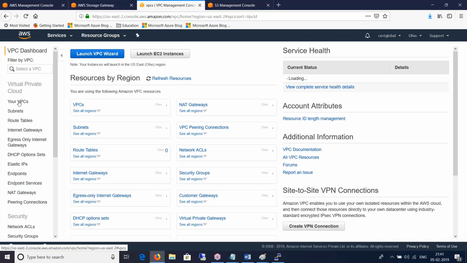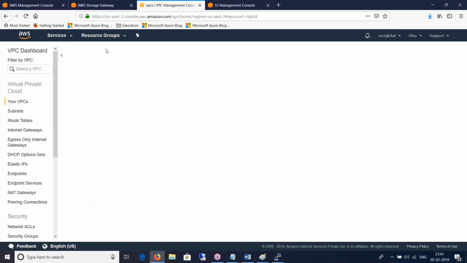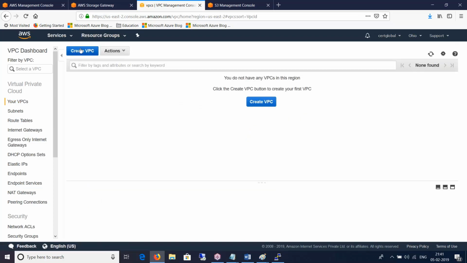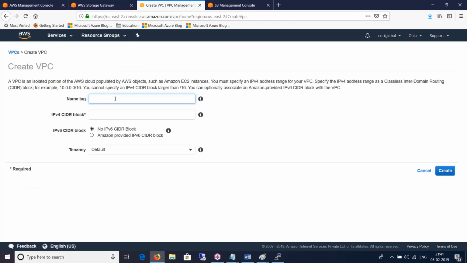Then I will click on Your VPCs and Create VPC. Give it a name. I'll give it a funny name today, create_labs or whatever. And the CIDR block is 10.20.0.0/16. Okay, fair enough. And create.